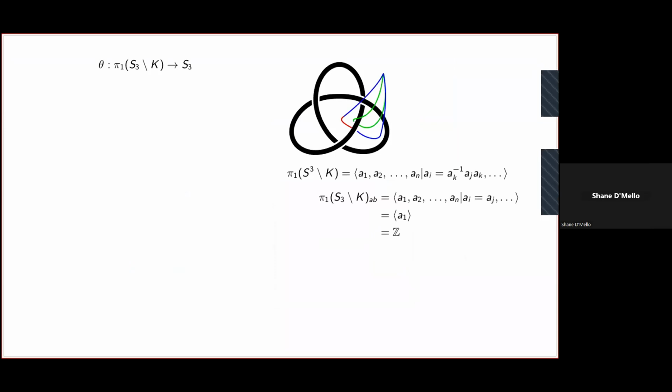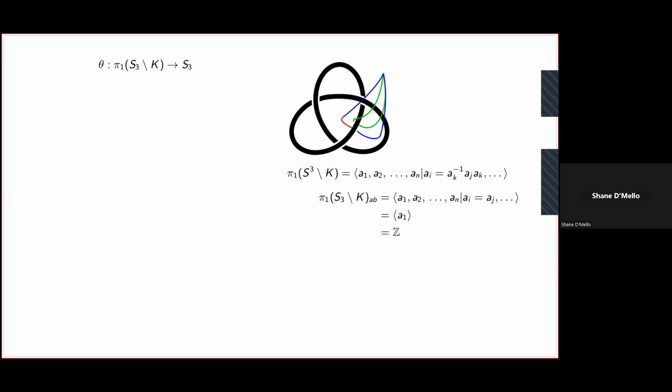Okay. So anyway, I think I'll just come to the main point. What we're going to do now is examine homomorphisms from the fundamental group of the complement of the knot to S3, which is your permutation group of three elements, the symmetric group, basically. And why are we doing this? Well, because S3 is the smallest